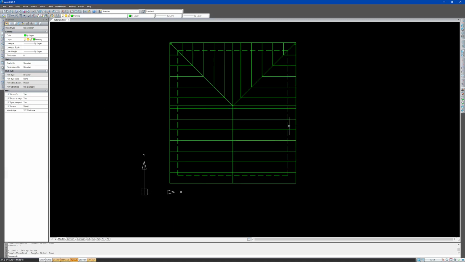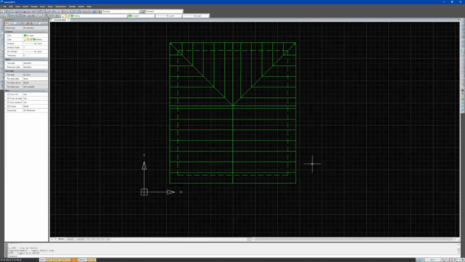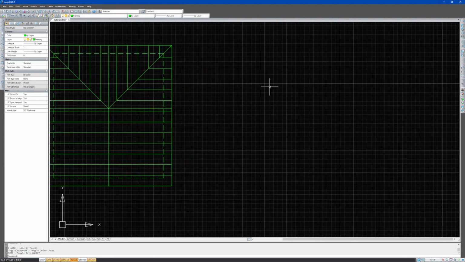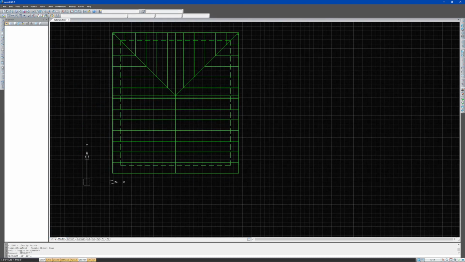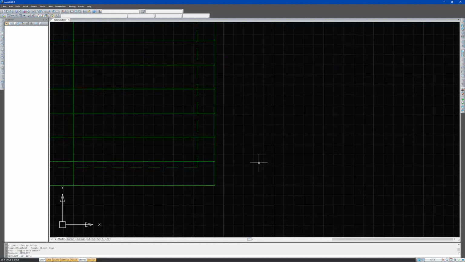pretty straightforward. So F7 toggles the grid, so now you have grid in the background. You have it down here. If you right click it, you could actually set the grid steps. So it's asking you what you want the grid steps to be. Currently they're 10 by 10, but if I'm being honest, I don't really use the grid, so I'm just going to turn that back off. Actually, before I turn it off, the snap,